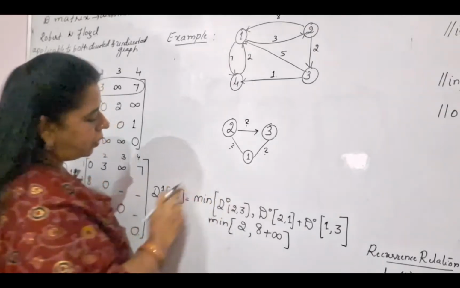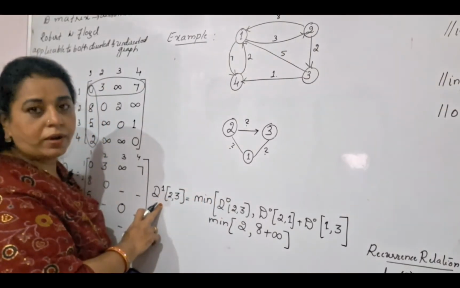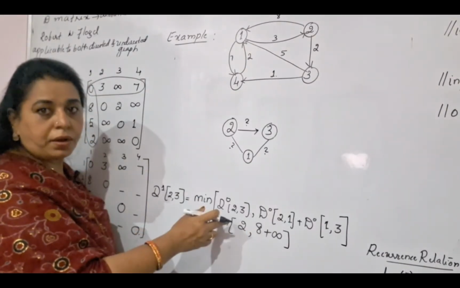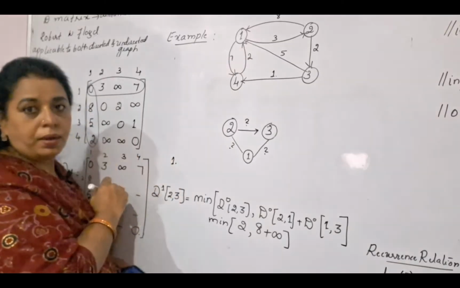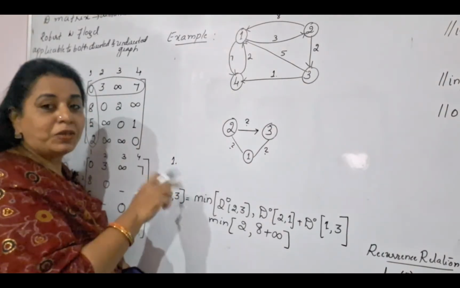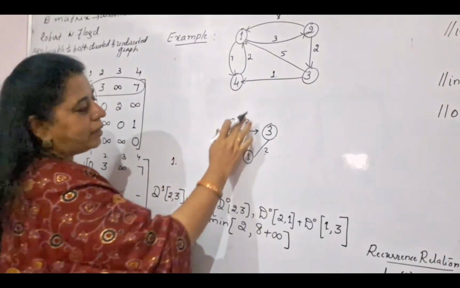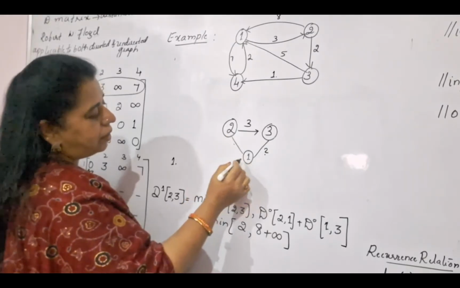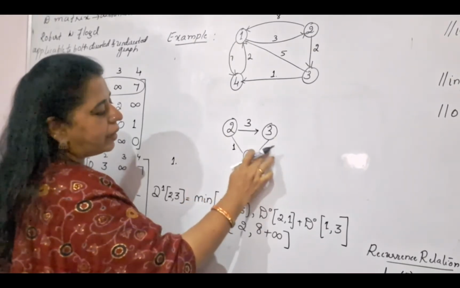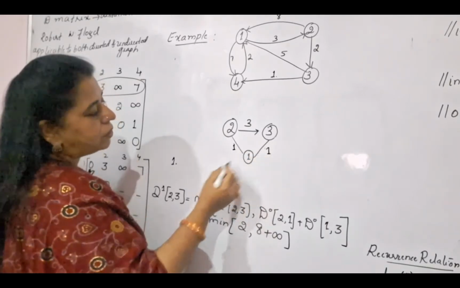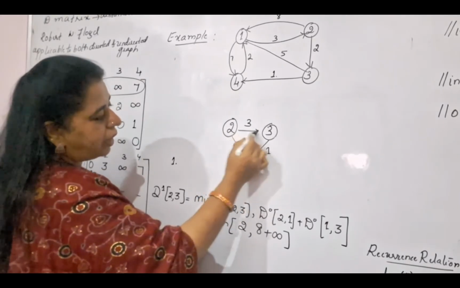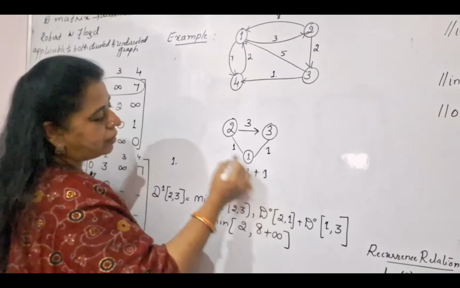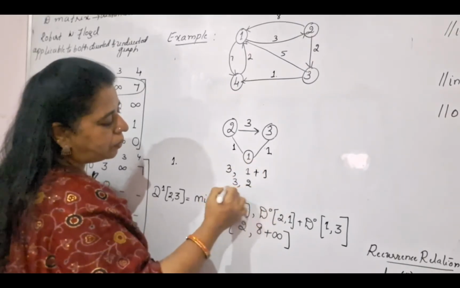So whenever you are calculating values for the D1 matrix, for every edge you calculate the cost, and you need to introduce the intermediate vertex 1. By considering the intermediate vertex 1, you take whichever is minimum. It is simply like this. Suppose I can reach 2 to 3 at a cost of 1, I can reach 2 to 1 at a cost of 1, and I can reach 1 to 3 at a cost of 1. So you have to find out whether you will go directly to 3 or go via 1. If you go via 1, it is 1 plus 1, which is 2. Compared with 1, the minimum is 1 here.